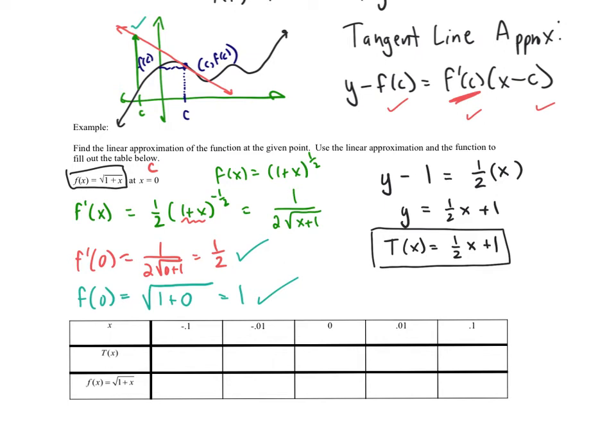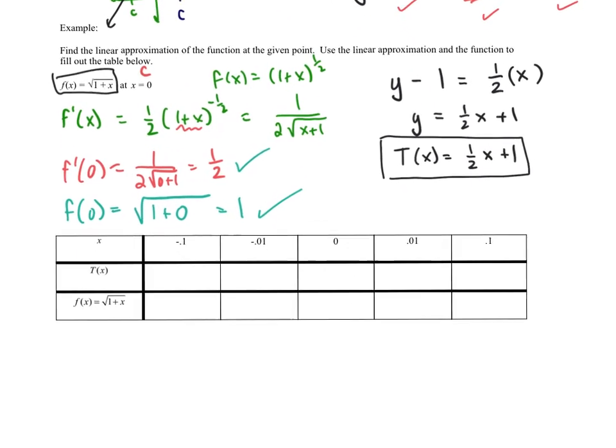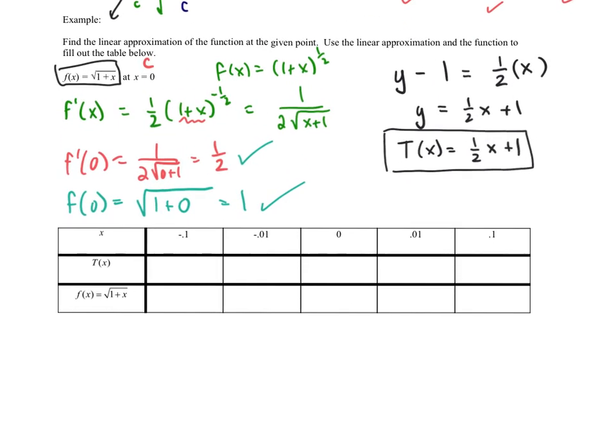So the question is, how good of an approximation is this? How good is my approximation of the square root of 1 plus x? How good of an approximation is this tangent line function? So if I look at some of these values from this tangent line approximation and the actual function,